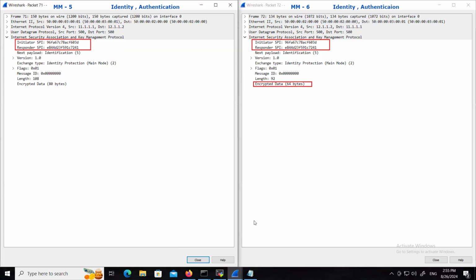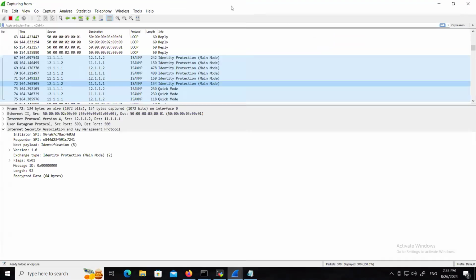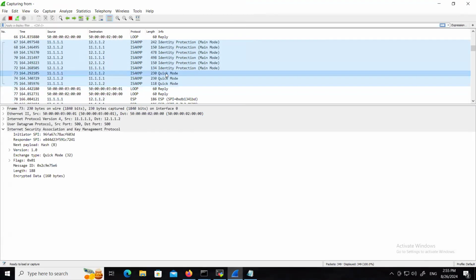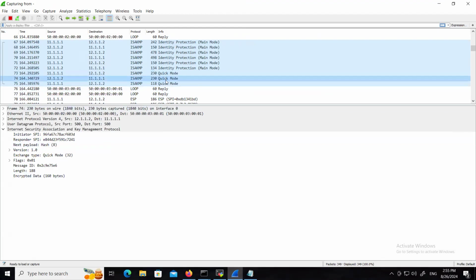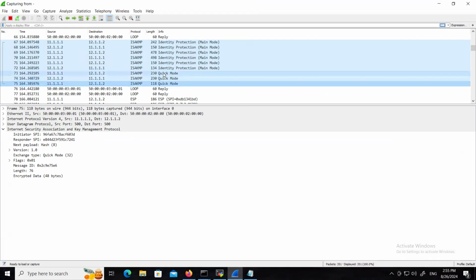So let's clear everything. Then you can check the quick mode also. So in the quick mode also, everything will be encrypted. You won't be able to see anything. Okay. But in these 3 messages, what will happen? In these 3 messages, remember we configured the transform set, we configured the encryption algorithm, we configured the hashing algorithm. Those parameters will be exchanged. Okay, so if I show you that,